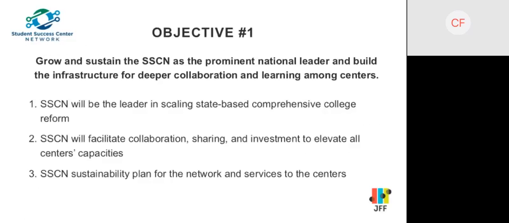And what other ways could we help the network itself, our collective impact, be more of an influencer? The second one is about how we help each other, collaborate, and build out our centers' capacity. Whether you're a center that's brand new or one that's been doing it for a long time, there's a lot we can gain if we are more intentional about the way we help each other.